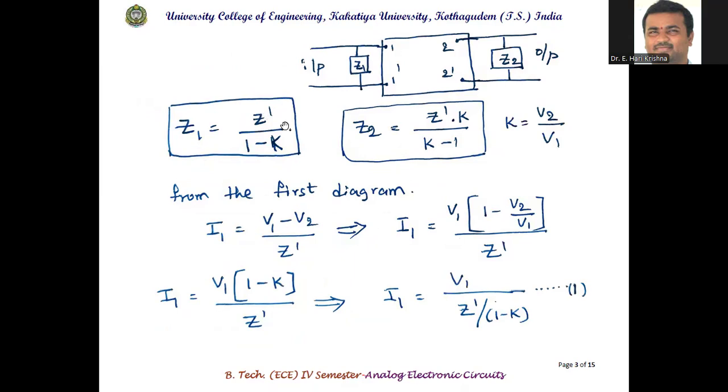Z1 is equal to Z dash by 1 minus K. Z2 is equal to Z dash into K by K minus 1. K is actually the gain of the system. Here V2 by V1, that is the voltage gain of the system. From the first diagram,